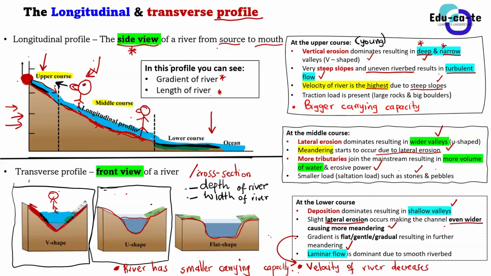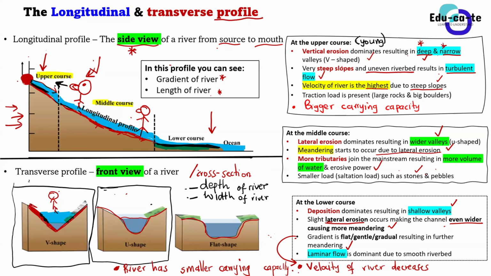And when the velocity of the river decreases, I'm sure you separate those points, guys. Remember, I taught you how to answer in geography. Don't mix 2 points. Okay, velocity of the river decreases due to the gentle gradient. Full stop. You now go. I'm sure you started with the gentle gradient. There is a gentle gradient at the lower course, right? And then velocity of the river decreases due to the gentle gradient. That's the second point. Another 2 marks.